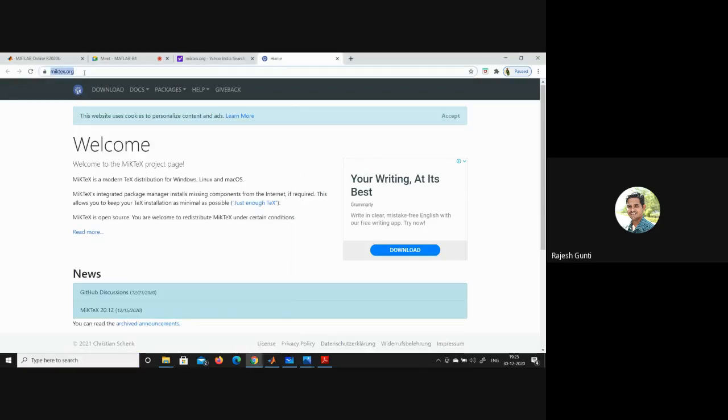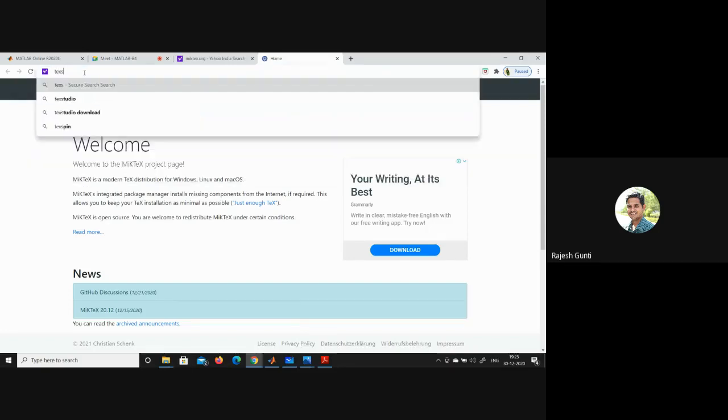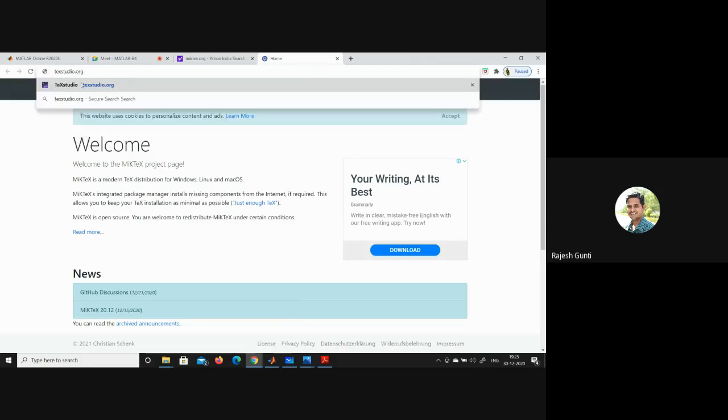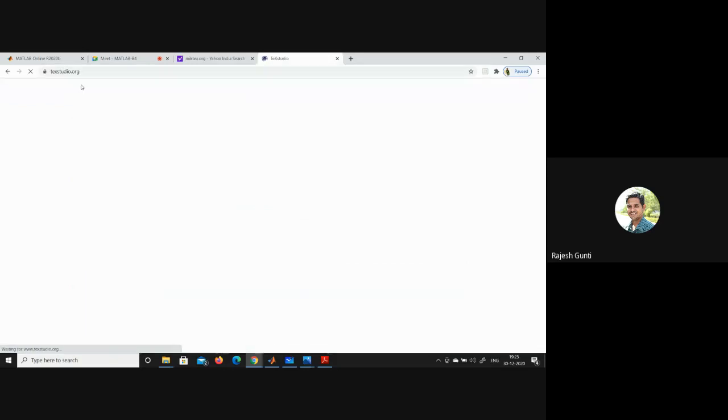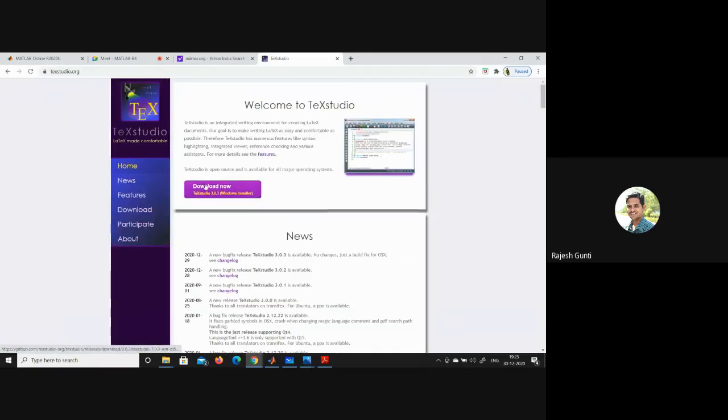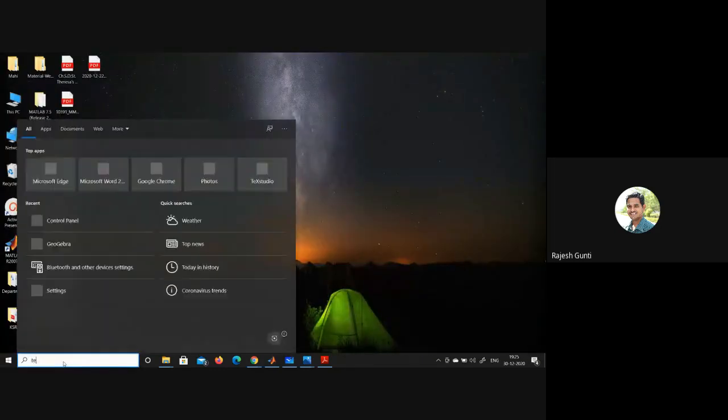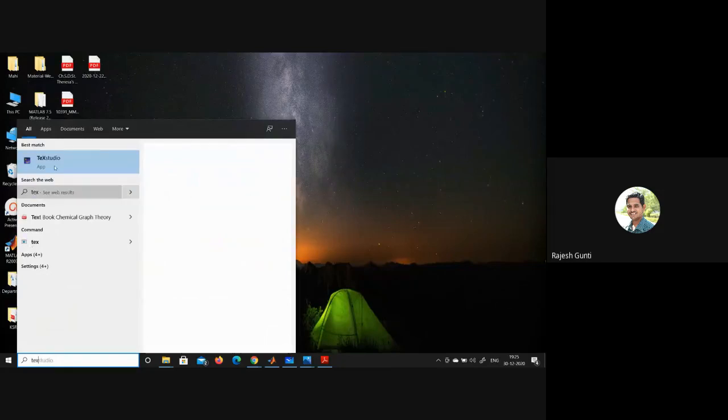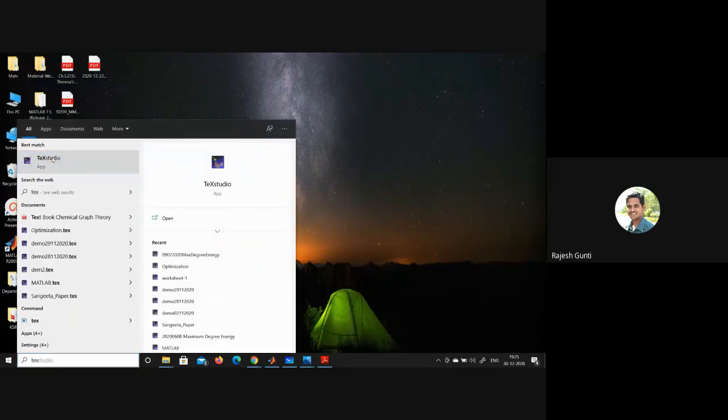This is the back end. This is a standard LaTeX file. From this also we can work, but the Text Studio is there. Like this is a xstudio.org. This is an advanced version of MATLAB. So straight away we can download this one. After downloading this one, we'll get it like this. If you type Text Studio, we get like this. If you open this one,